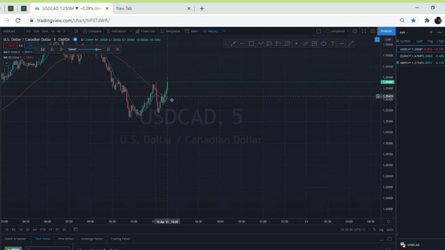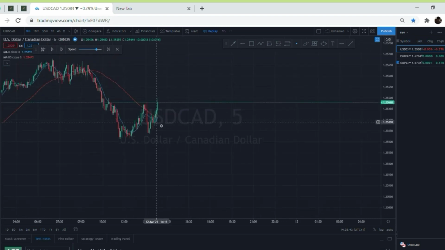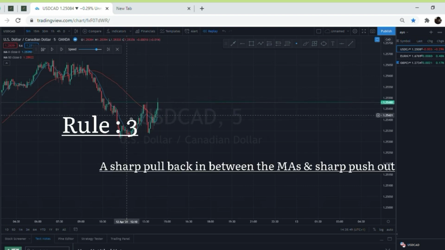Okay guys, finally we had a cross at this point. So what do we want to do now? We want to wait for price to push back in between the 2 moving averages and push out